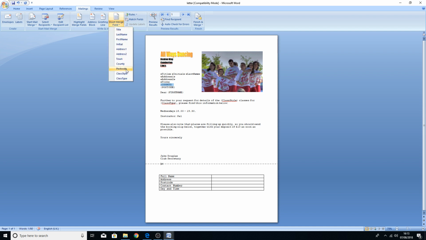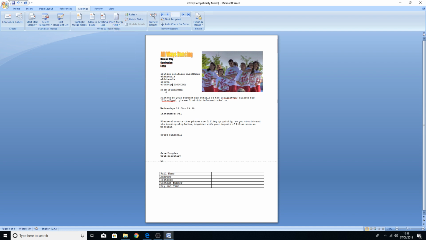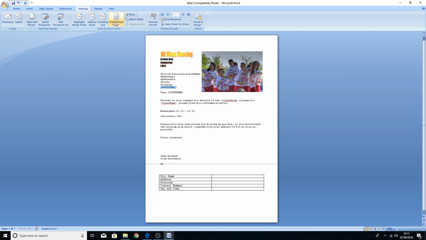So I keep having to press enter once I've inserted them. Go on to postcode, first name, your class style, space, and class type, and put the comma back in and a space. Okay, so that's everything. All of the markers have now been replaced with the actual merge fields, and that was